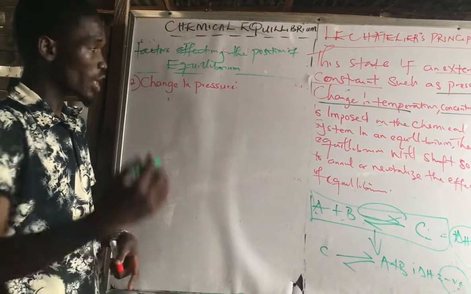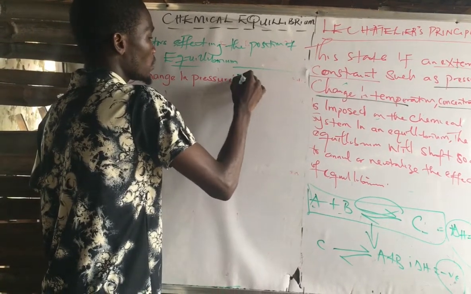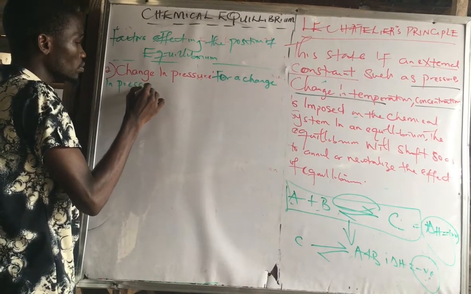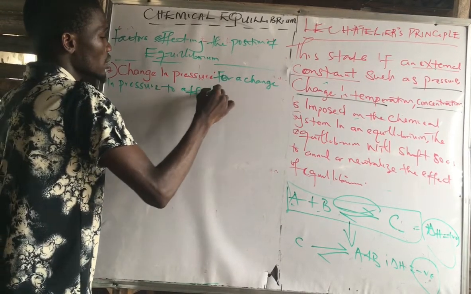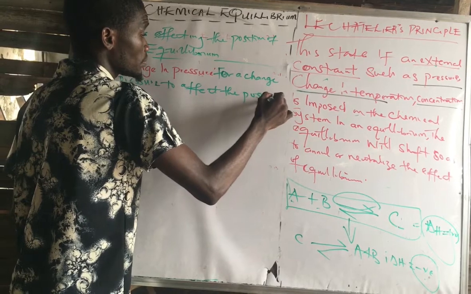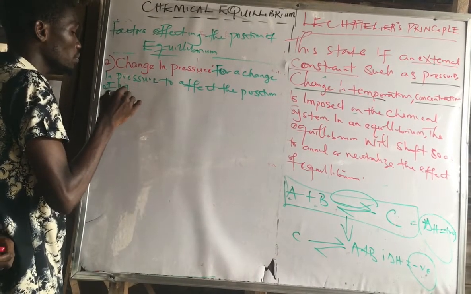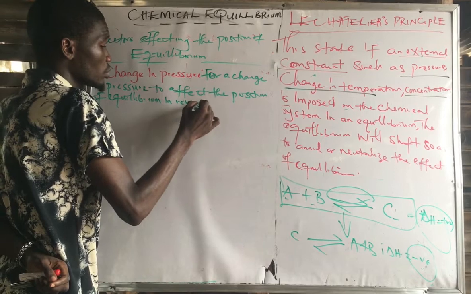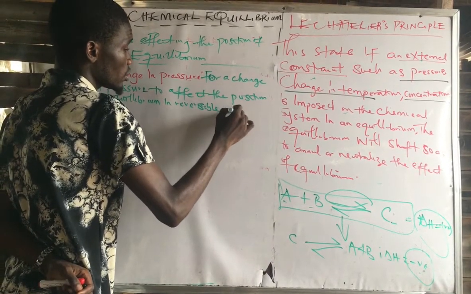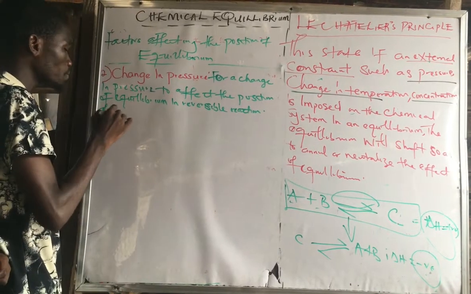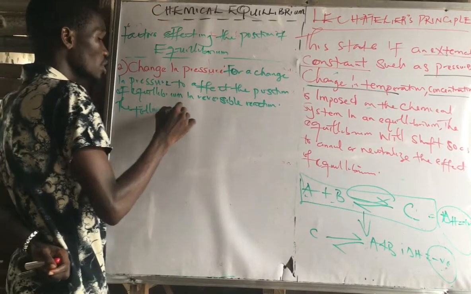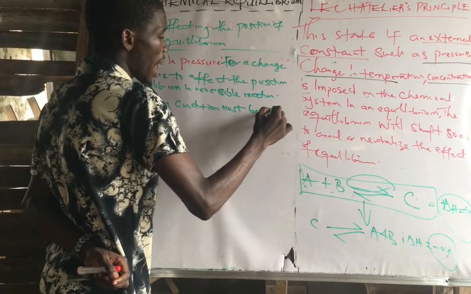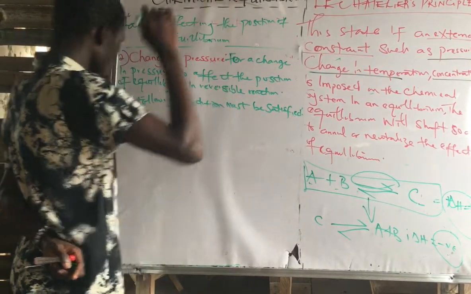You can say, for a change in pressure to affect the position of equilibrium in a reversible reaction, the following conditions must be satisfied. So the first one,